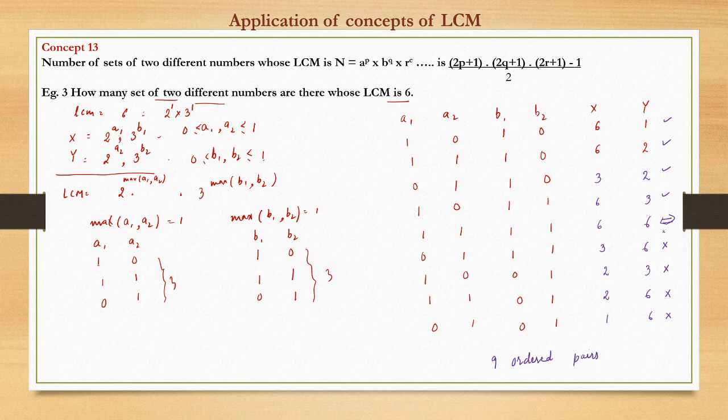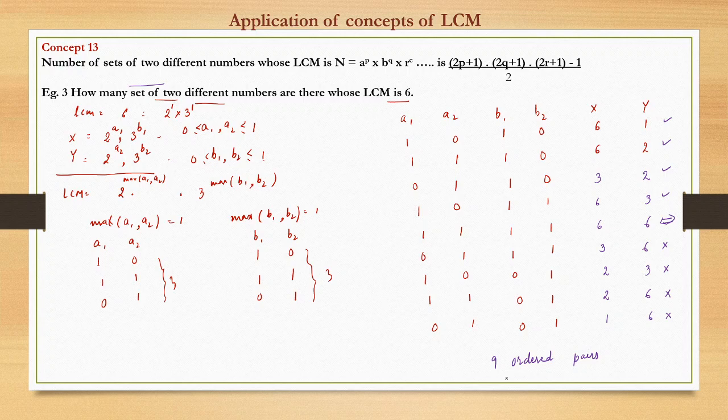9 ordered pairs, right? By ordered pairs, I mean that at one instance x is taking value 6, y is taking 1. Another instance x is taking 1 and y is taking 6. So 6 1 and 1 6 are different because these are ordered pairs. But if the question is how many sets of two different numbers, just a set, we are not differentiating between 6 1 and 1 6. So this is also known as unordered pairs. When we say how many sets of two different numbers, 1 6 or 6 1 has a 2C1 6 only.